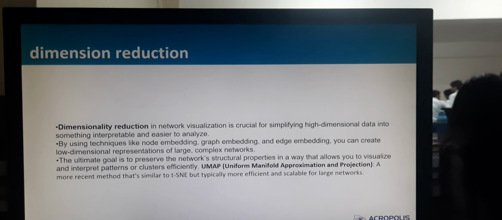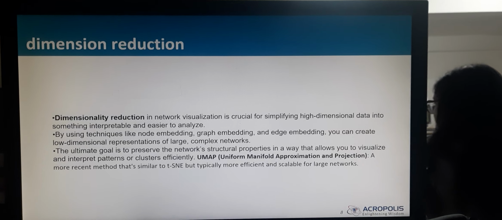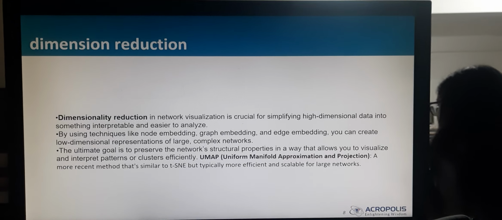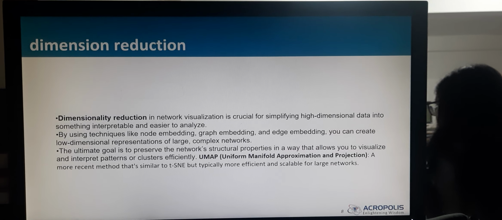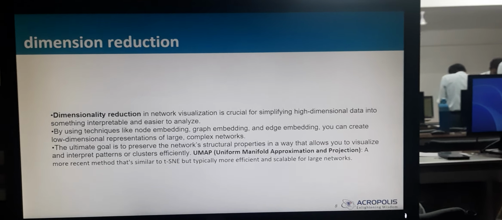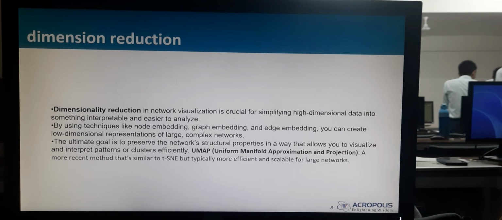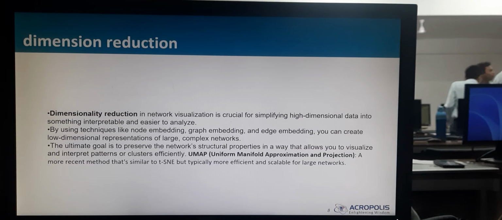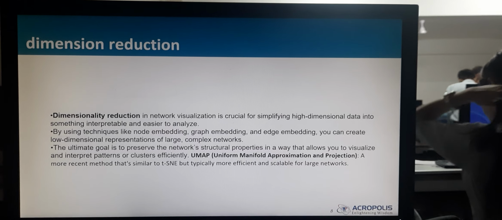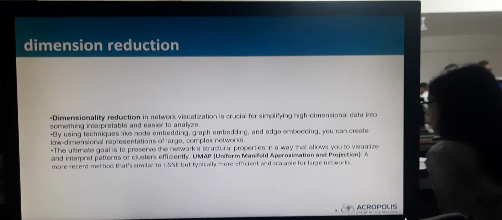Dimensionality reduction in network visualization is crucial and offers a way to simplify high dimensional data into something interpretable and easier to analyze. By using techniques like node embedding, graph embedding, and edge embedding, you can create low dimensional representations of large complex networks. The ultimate goal is to preserve the network's structural properties in a way that allows you to visualize and interpret patterns of clusters efficiently. UMAP, uniform manifold approximation and projection, is a more recent method similar to t-SNE, typically more